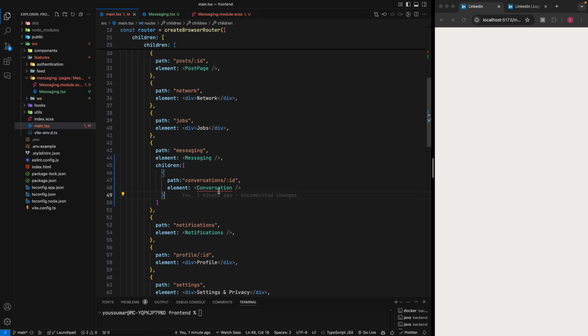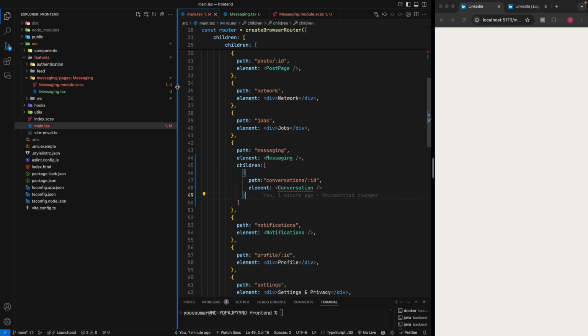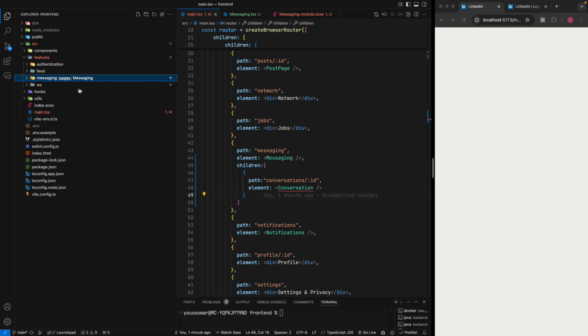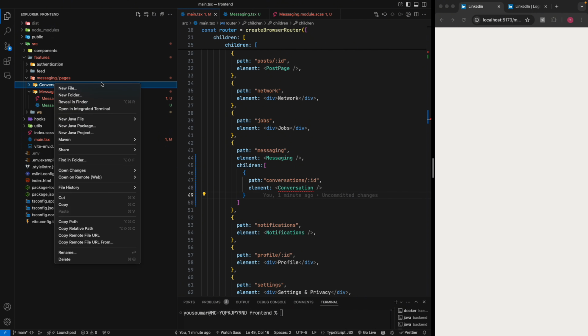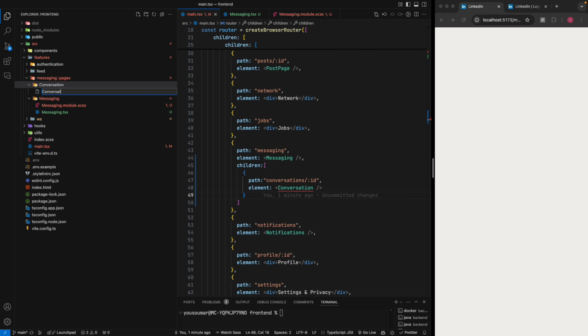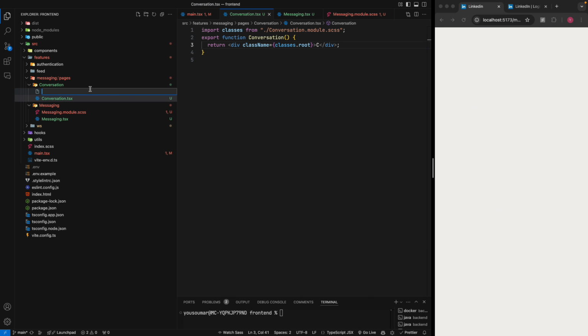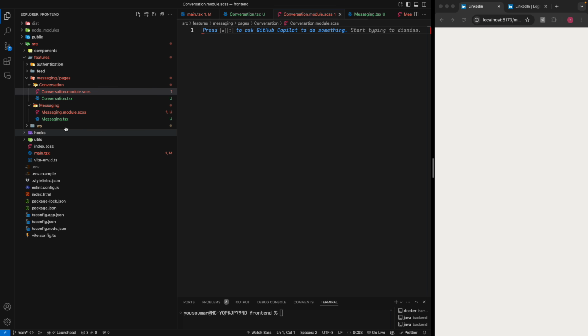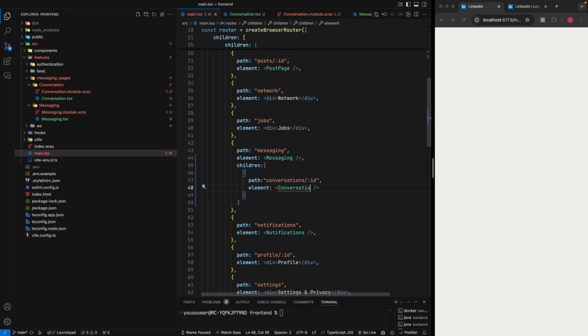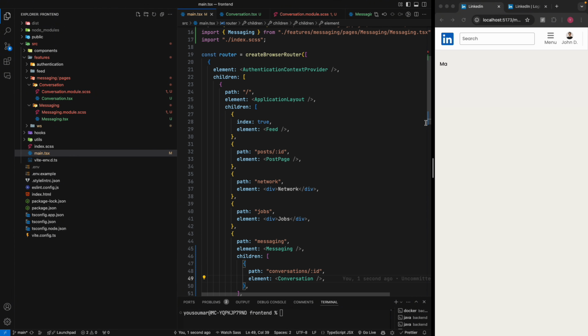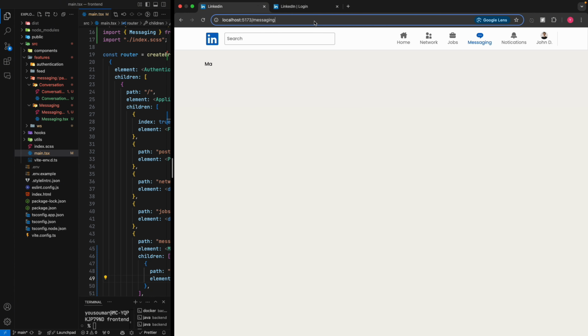And here we're going to create this page. So it's going to be within the pages folder here. So we're going to call it conversation, like so. For now, I'm going to render a C like before, create its CSS. And here we're going to import it, like so. So now if I go to messaging